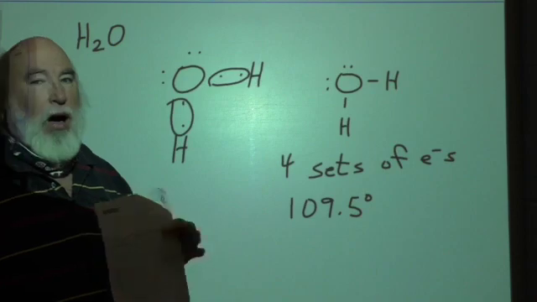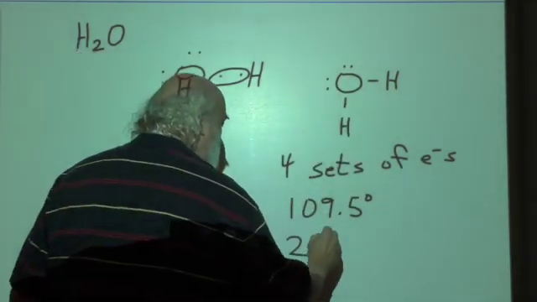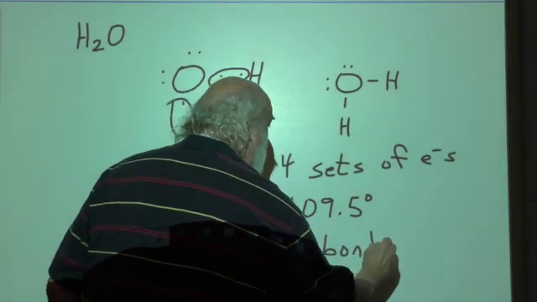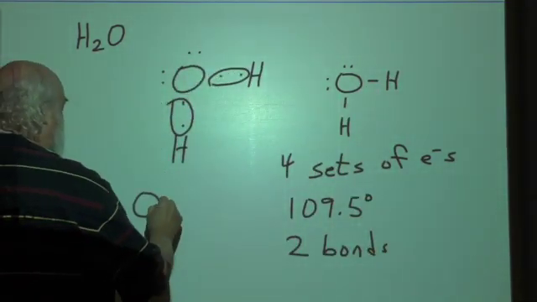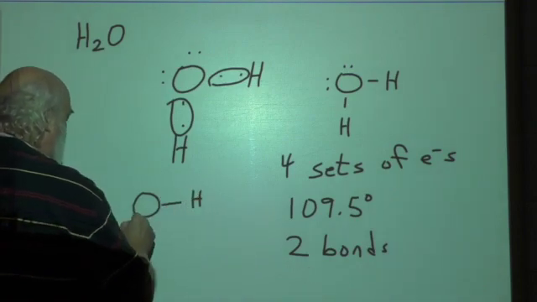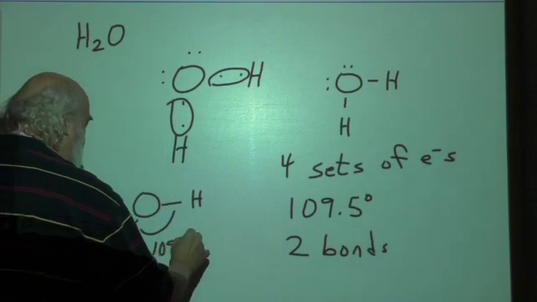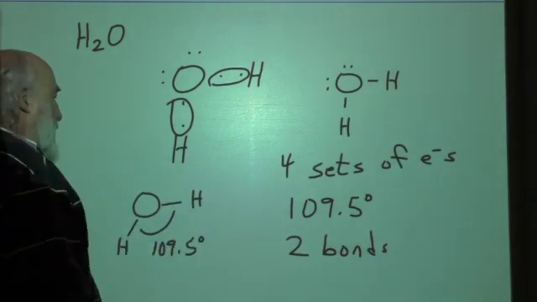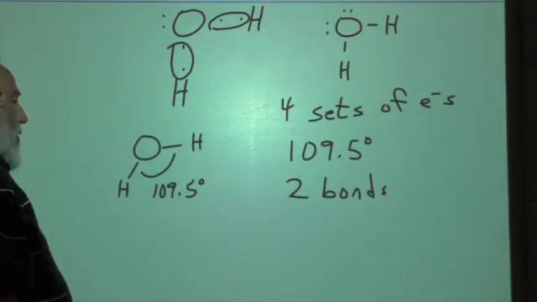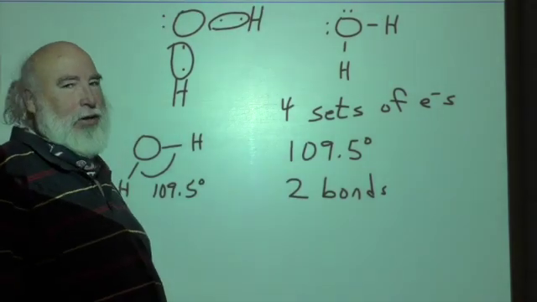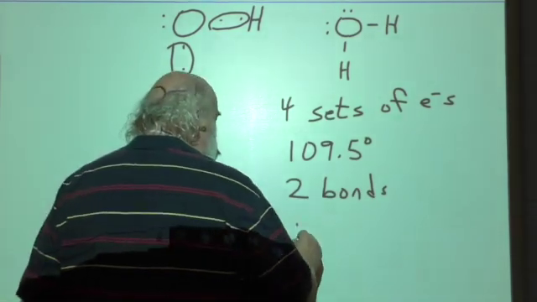How many bonds do we have around? Well, we got 2 single bonds. So we put 2 bonds down there. Now, it's not going to look like that because that looks like 90 degrees. It's going to look more like this. This angle right here, 109.5 degrees. What do we call that structure? If you said bent, oh, you're geniuses, just like the people who came up with it. Well done. You said bent